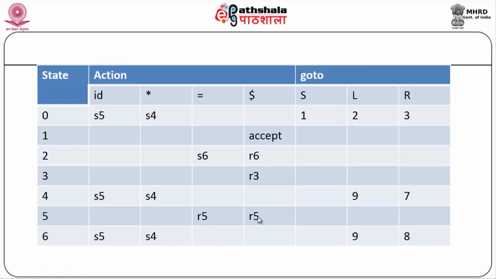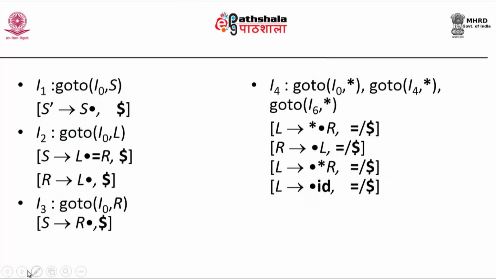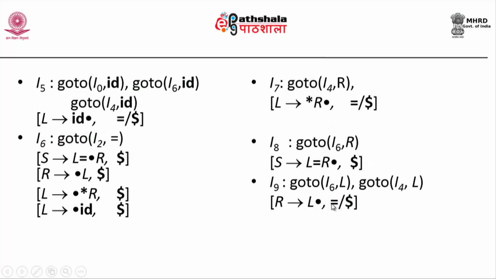Again, this is not introducing a shift reduce conflict, nor is it introducing a reduce conflict. Okay. So, R5 is actually reducing by the fifth production, L produces ID, but I have merged them together. Therefore, R5 is now appearing in the same row where it would have appeared in two different rows. Similarly, I have also merged I9 and I4, I have merged I5, I have shown that. So, I9 I have merged. That has got a dot at the end. So, where I have merged and where there is a dot at the end, those things alone matter.